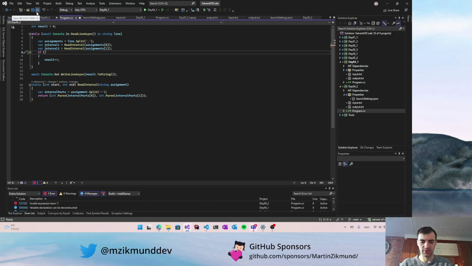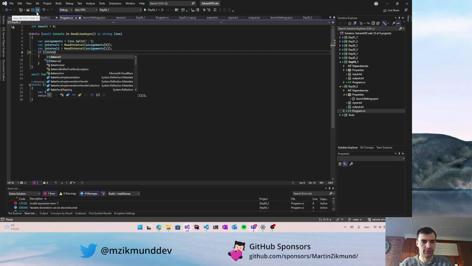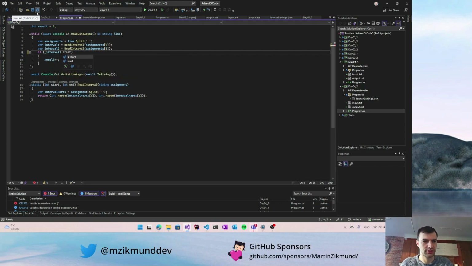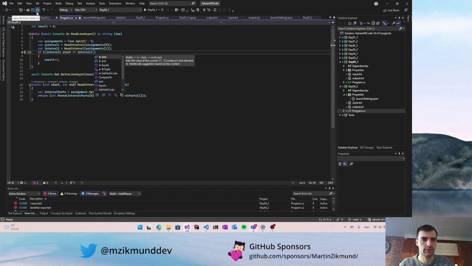So I can just do it simply like, so if interval 1 start is less than or equal to interval 2 start or end, that's it. So if the second interval begins